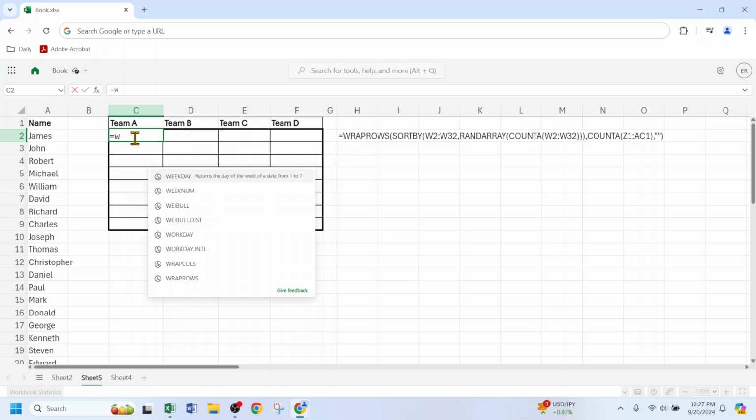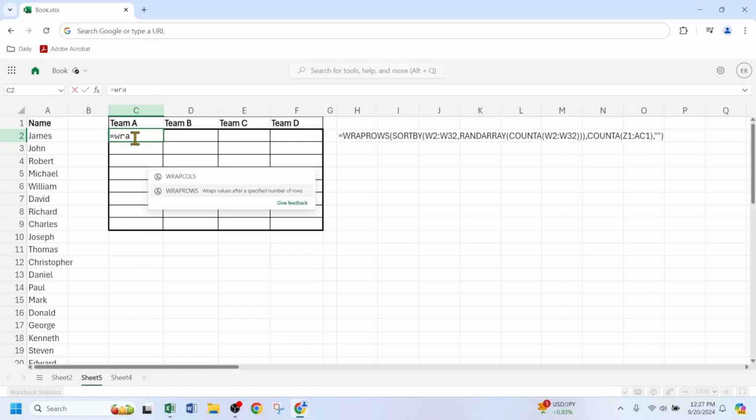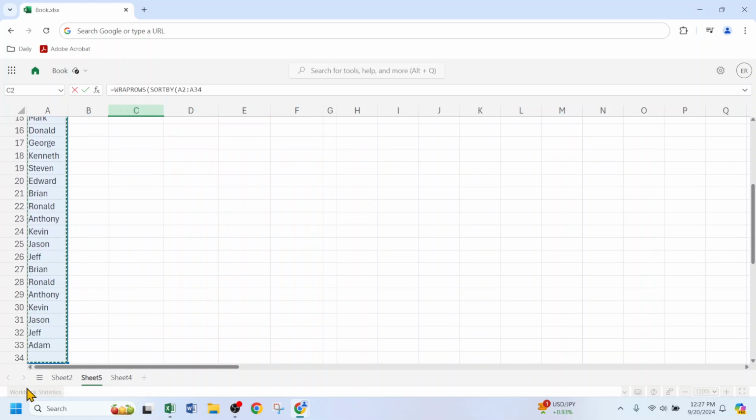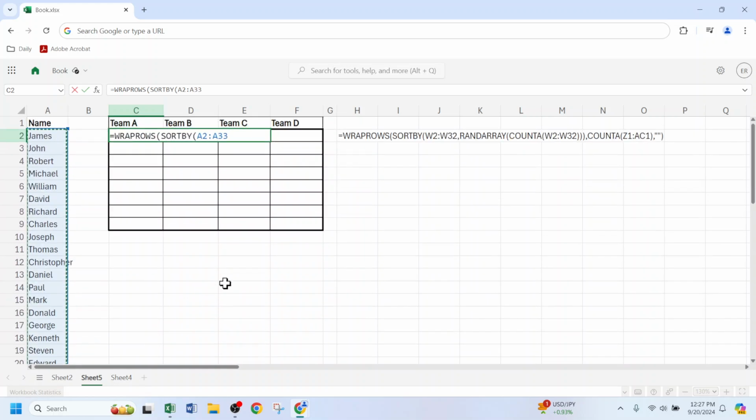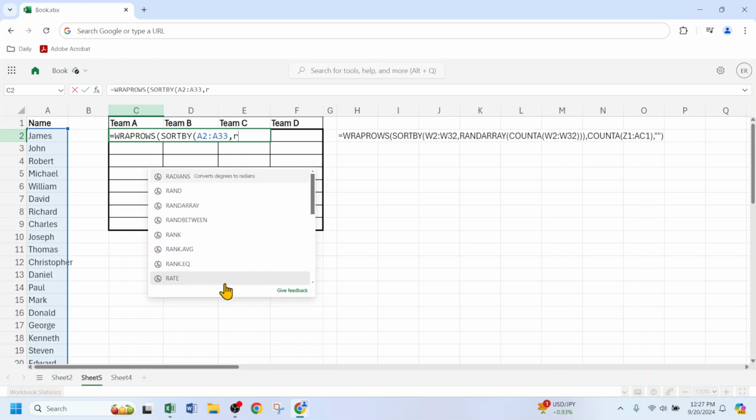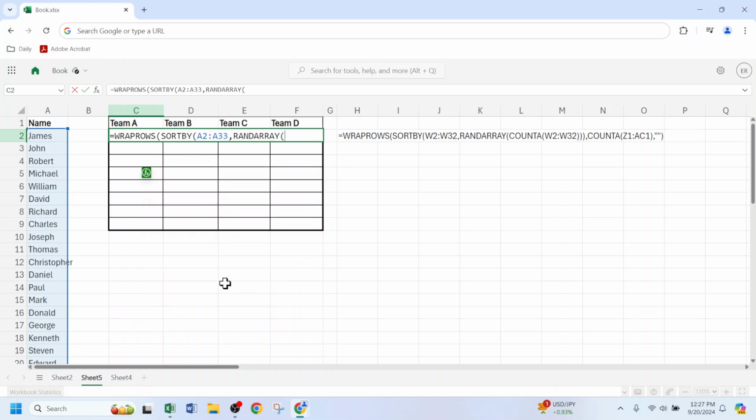So, WRAPROWS, SORTBY, select your list of names, comma, type the RANDARRAY function, RANDARRAY, then COUNTER